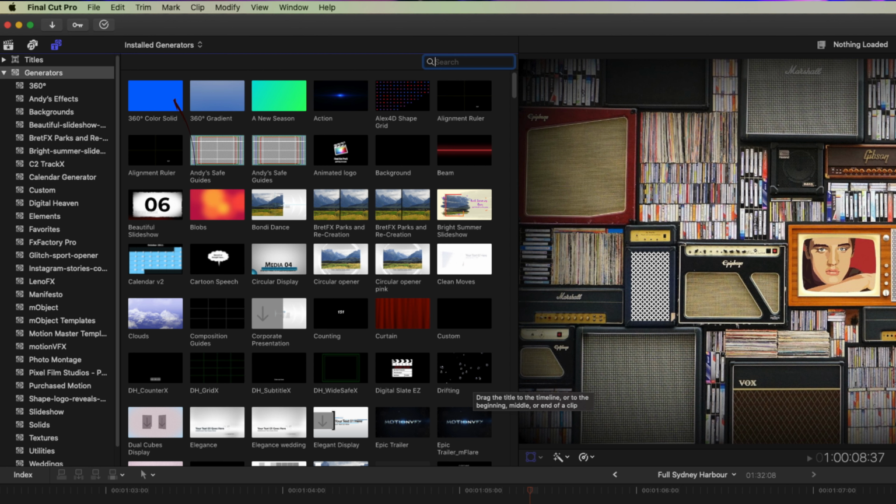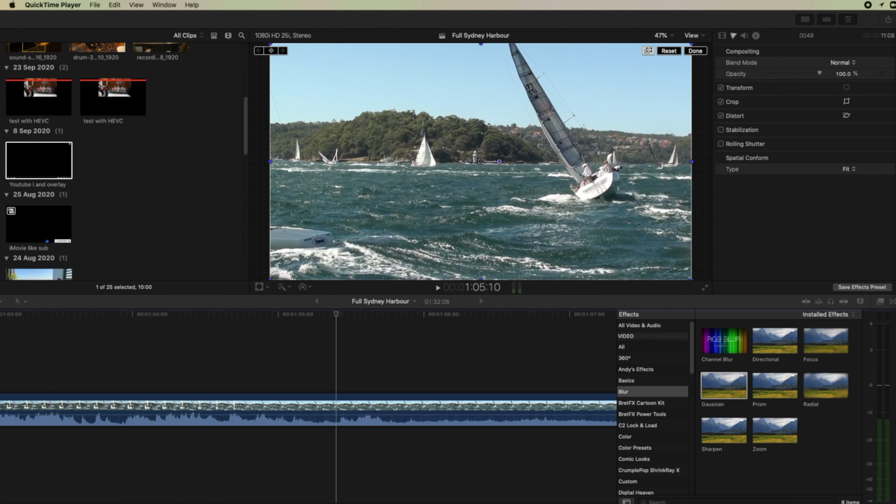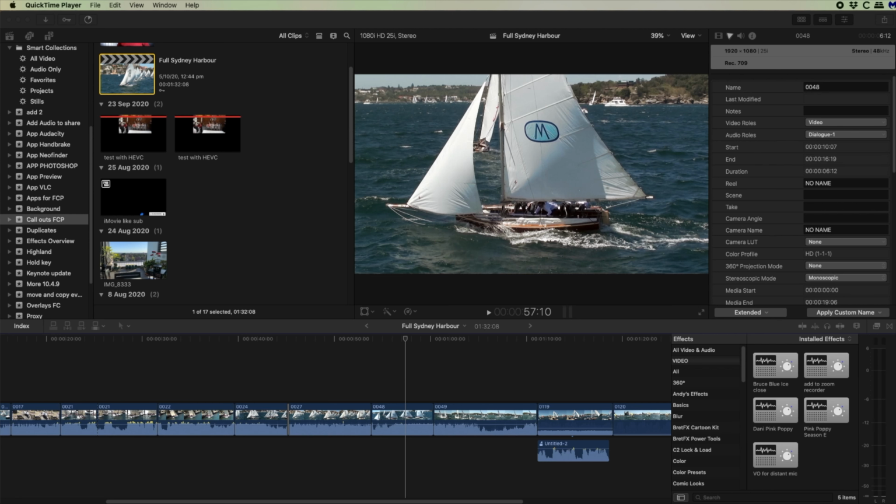Effects are added to clips in the timeline, so that makes them different from titles and generators, because generators and titles can have effects added to them as well. Final Cut labels many different things as effects. They can include plugins in the effects browser, or they can appear as built-in effects in the inspector. First of all, let's look at the effects built into the inspector, and then we'll look at the effects browser where the plugins are stored.